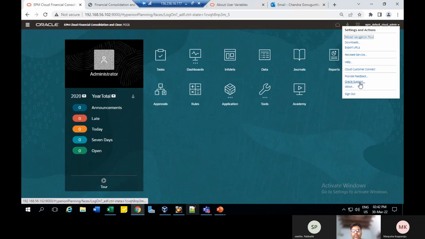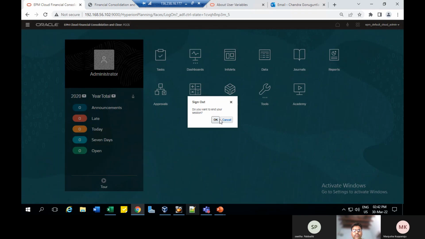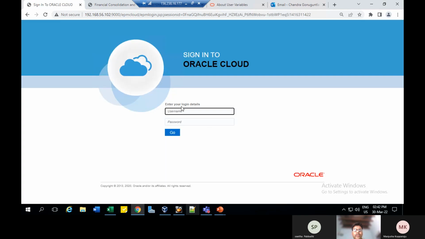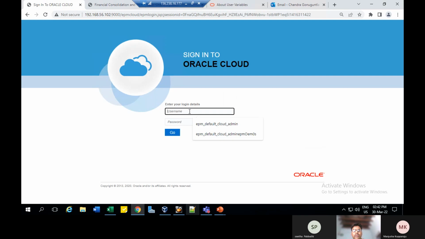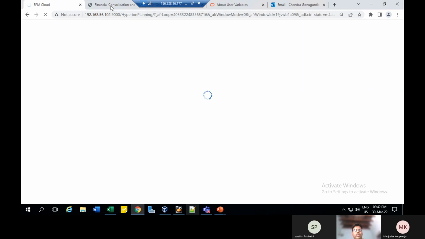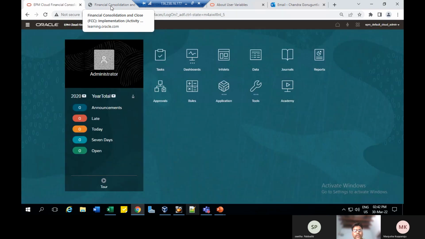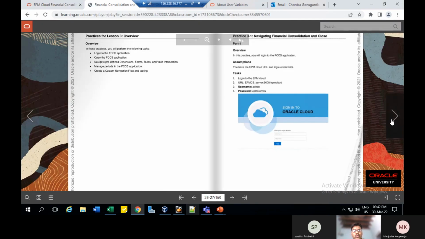So we need to sign out first. Click OK. So first we need to give login credentials on this page. So OK, EPM. After sign in, we need to